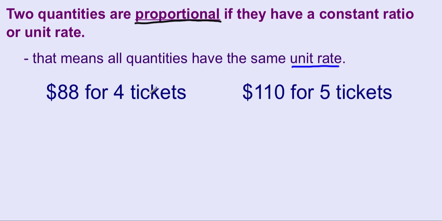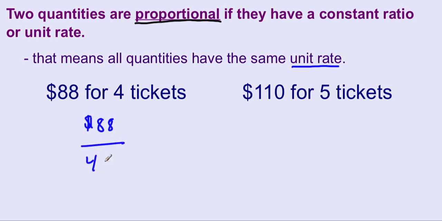Is we take each of the different rates, even each of the different pairs of quantities, and we see, do they have the same unit rate? If they do, they are proportional to each other, meaning both parts are growing at the same rate. If they're not, then we would say that they are non-proportional or not proportional. So here,